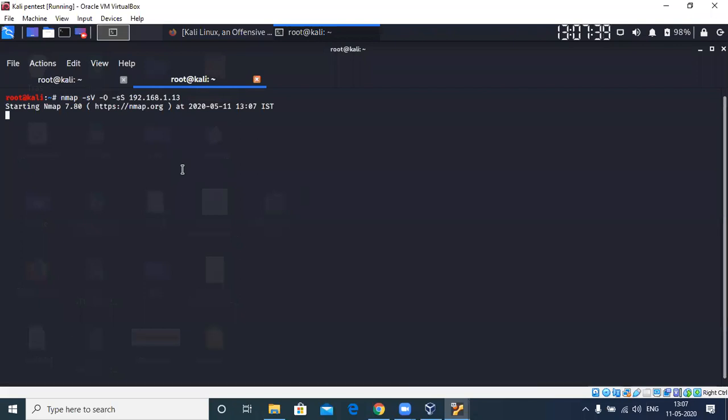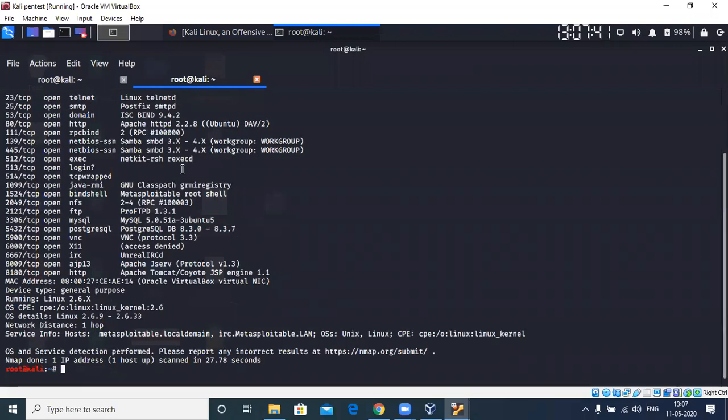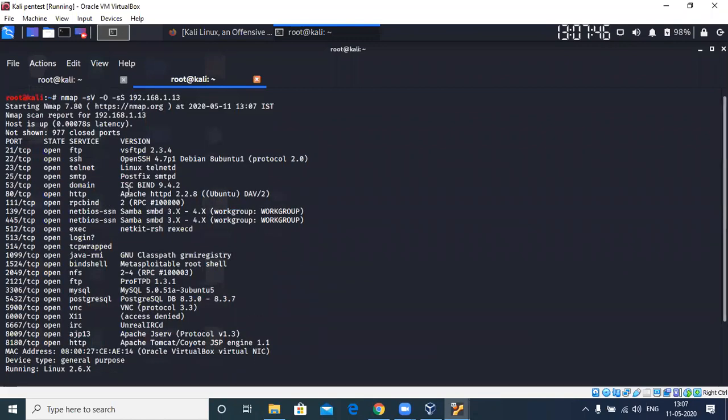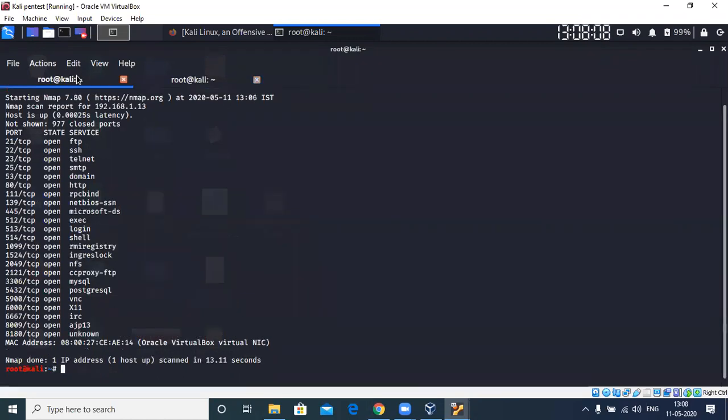So before it actually displays your results, let me give you the keyword over here. As I was already telling you, when you don't mention the port numbers, it runs the scan on the common 1000 ports. That means it knows generally what services run on which ports. For example, if port 21 is open, by default Nmap understands that there is an FTP service running on port 21.